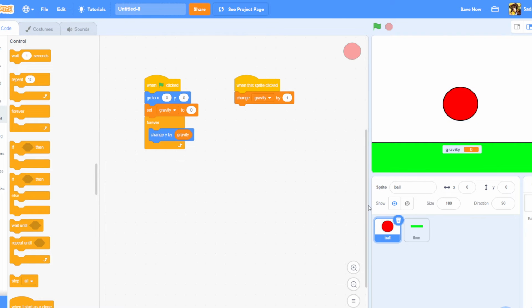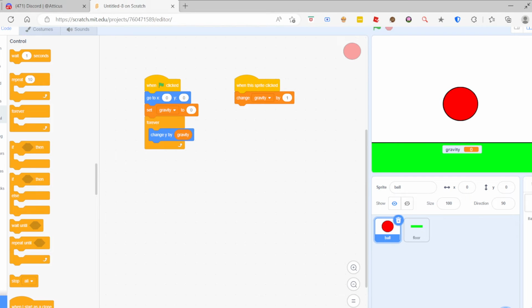Now we're in the ball code by clicking on ball. We're not on the floor. We're now clicking on the ball, and now we're here. Make sure you don't accidentally click this little thing here. That'll delete everything, even the code. You cannot get it back. So